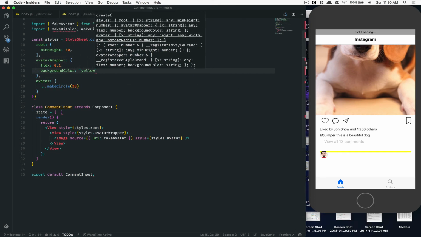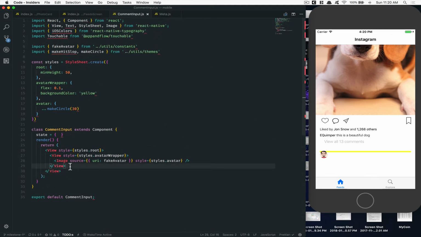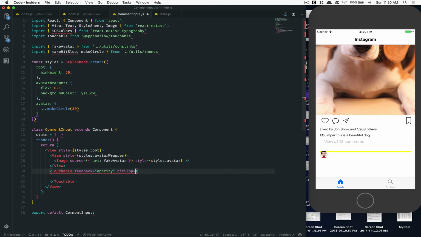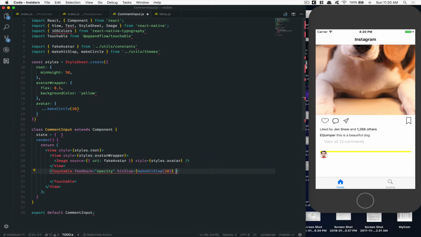You see this one? And now here I'm gonna just put my touchable below this stuff with the feedback of opacity. And this one gonna have also a hit slop of 20,